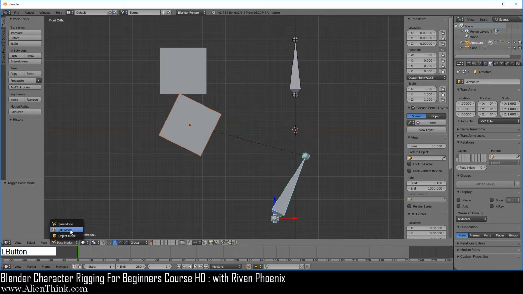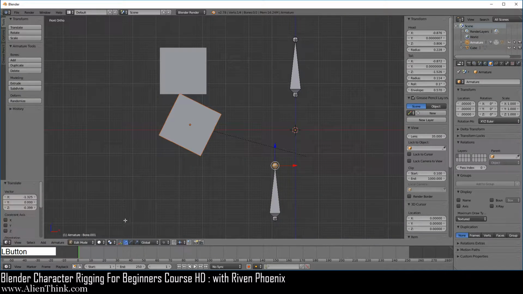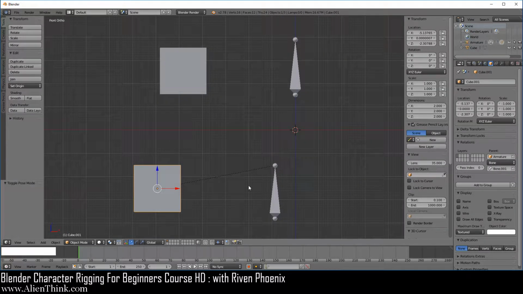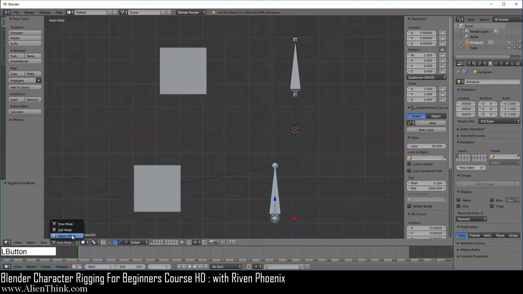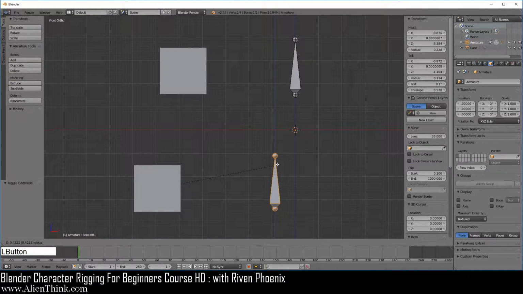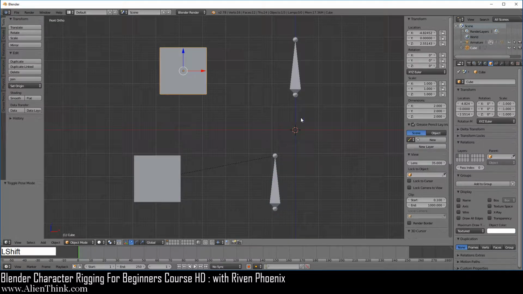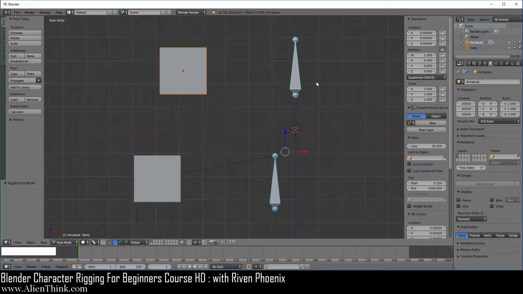Meaning that in edit mode, whatever you do to this bone and switch to pose mode, the child will also always keep its relationship a distance from its parent. So if you click on edit mode and just move this up a little bit, notice that when we click on pose mode, the child moves. Okay, so now when we click on this object and press the Shift key down and click on this one, and I'm just going to click it again to make sure that this bone is selected, Control P.